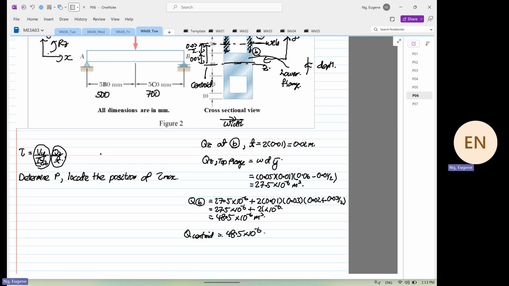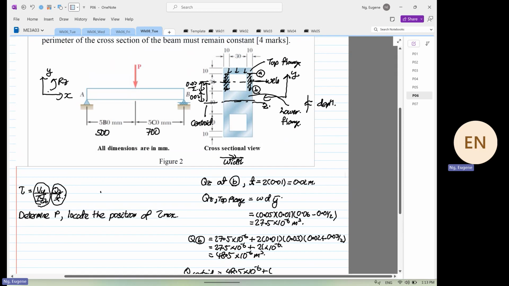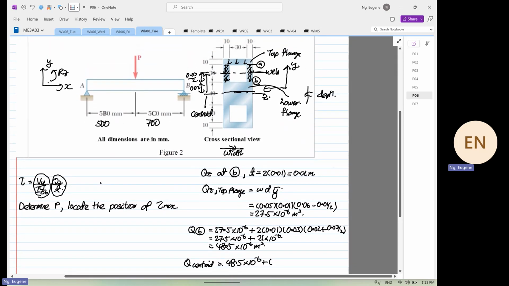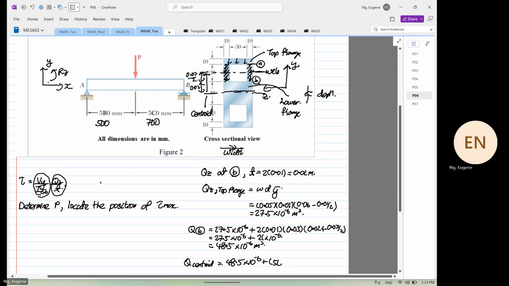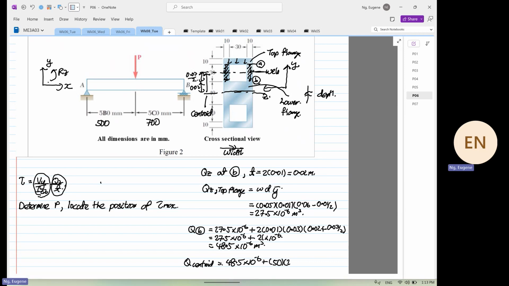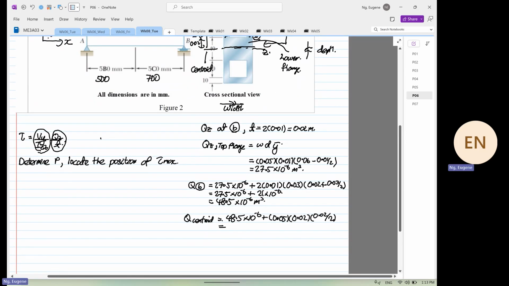times 10 to the power minus 6 plus the width is equal to what? The width is going to be equal to 50. The depth is going to be 20. Come on, Eugene, in meters, in meters. The width is 0.05. The depth is equal to 0.02 multiplied by the Y bar, 0.02 divided by what? Divided by 2. So this will be equal to